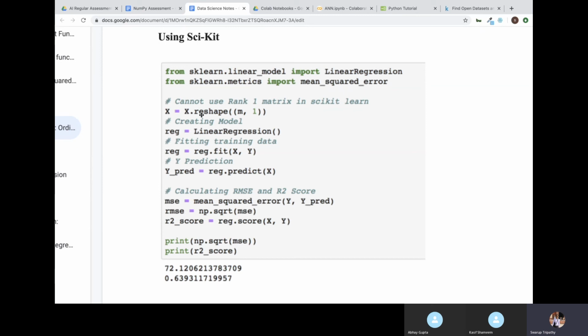Then here we are calling the class. LinearRegression is a class which we are importing from the linear_model package. So here I am saying regression equal to LinearRegression. When I assign a variable to a class, it becomes an object. So now this regression is our object, and using this object we can access the different methods which are there in it. This is how you initiate a class. So I have created the model here.